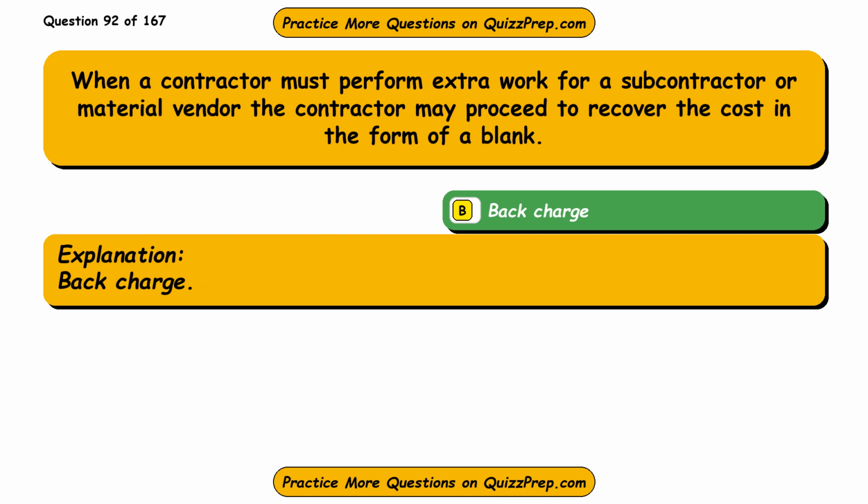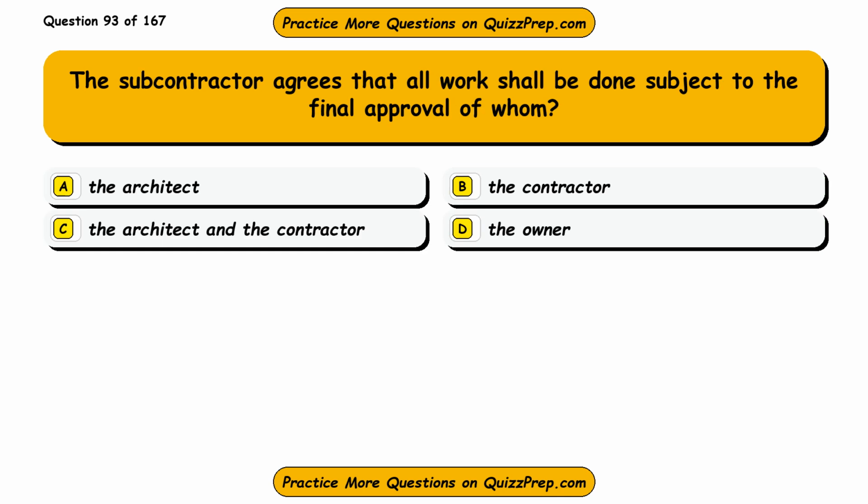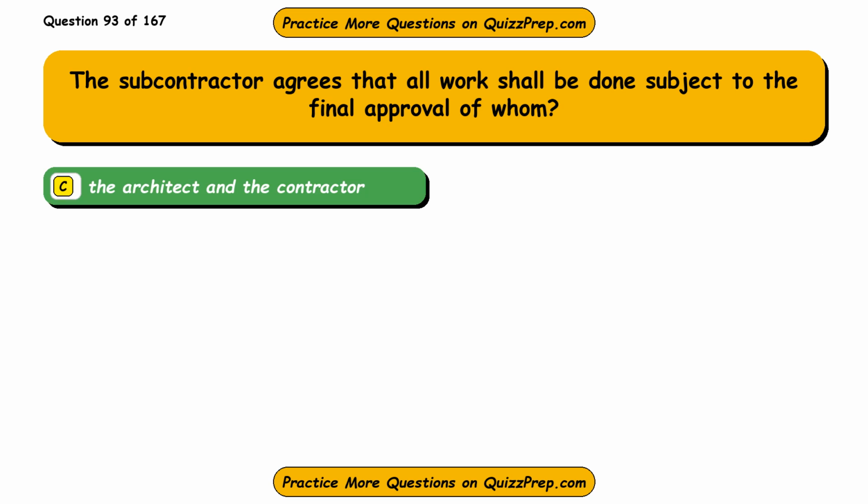Back charge. Question 93. The subcontractor agrees that all work shall be done subject to the final approval of whom? Option A, the architect. Option B, the contractor. Option C, the architect and the contractor. Option D, the owner. The correct answer is option C, the architect and the contractor. AIA